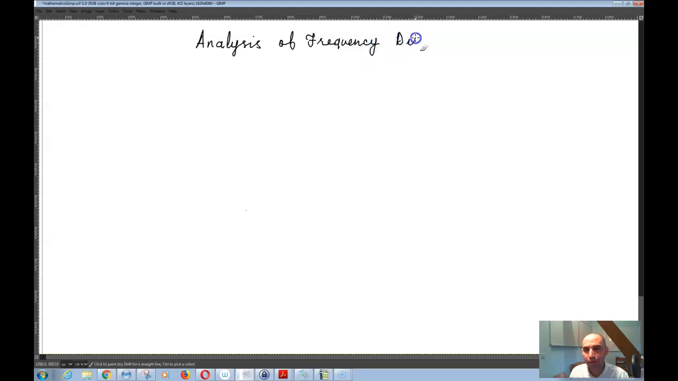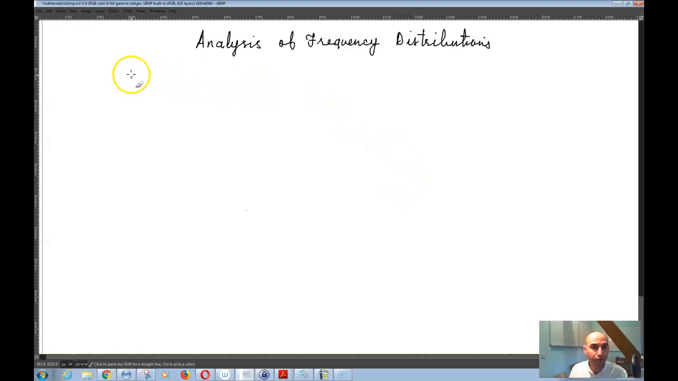Okay, so the next part that we have here is called analysis of frequency distributions. And what that's about is that basically, suppose that you have, for example, some